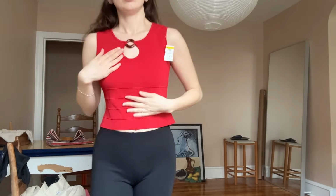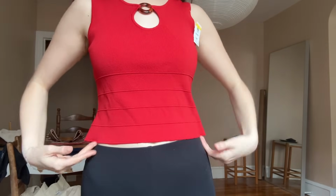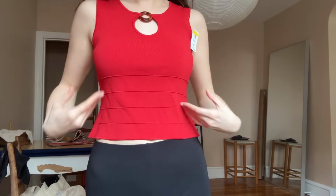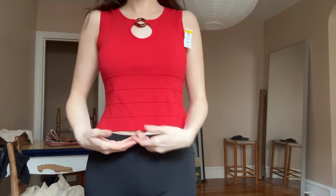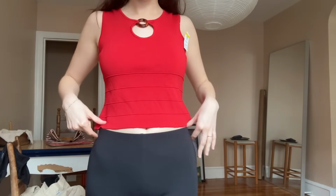So we have a slinky knit top. It has this little striping in the bottom half that I really like, and I love the detail that adds. I did cut off the bottom, so I made it maybe 2 inches shorter, and now it fits exactly how I was hoping. I'm really excited. I was nervous that cutting it might look kind of weird, but I love how